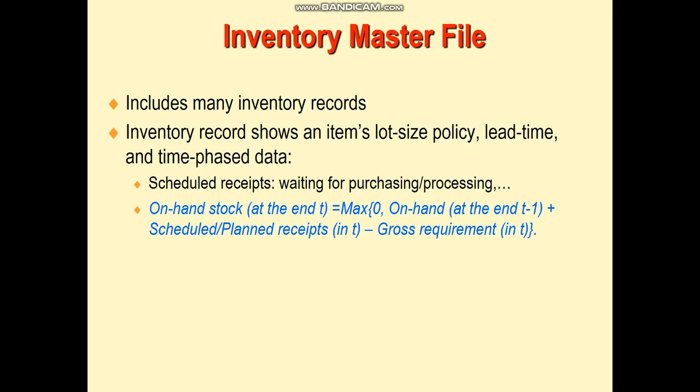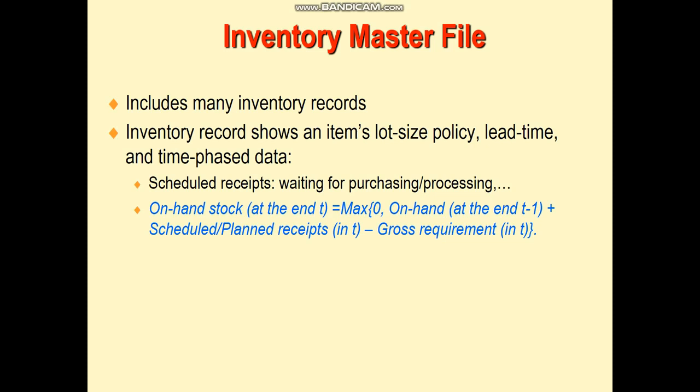So we need to use the information from the inventory master file to determine the actual quantity we need to order. The inventory master file will mainly include inventory records, and it will show the item's lot size policy, lead time, and the time phase data,